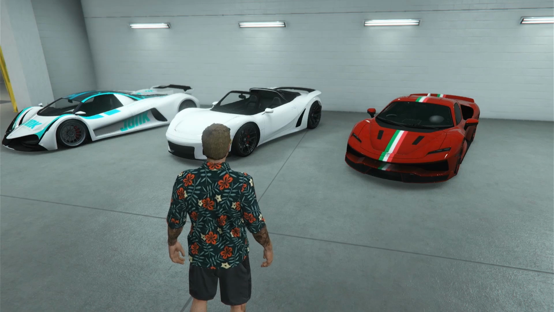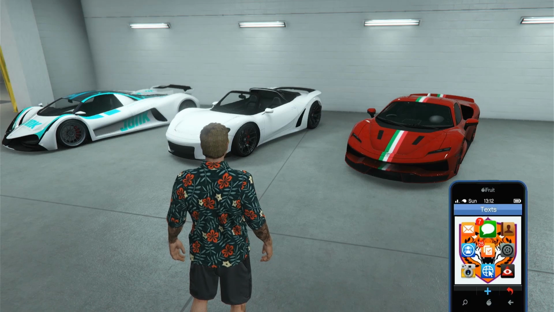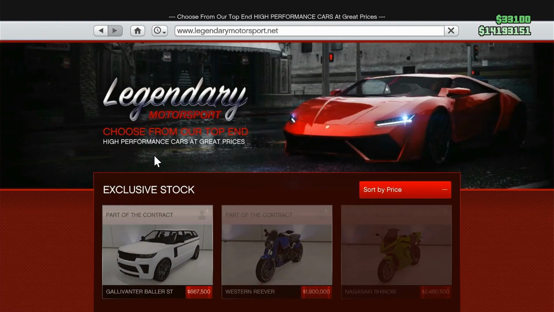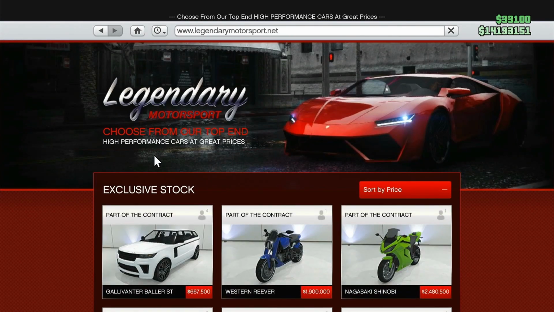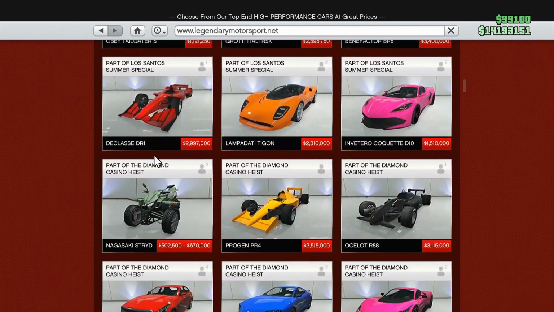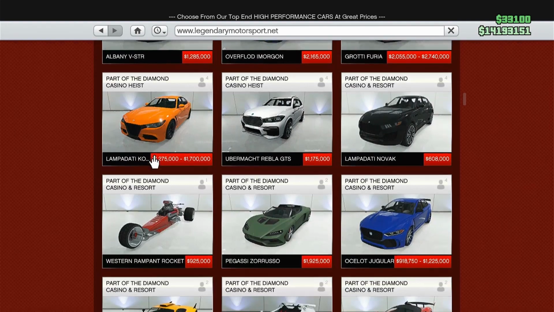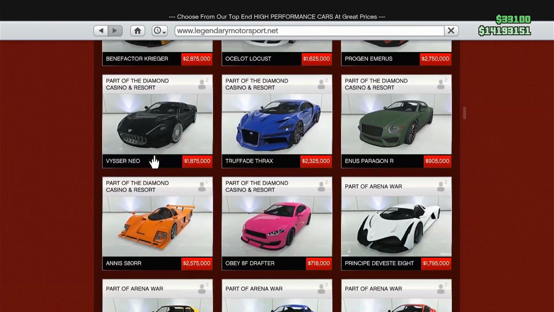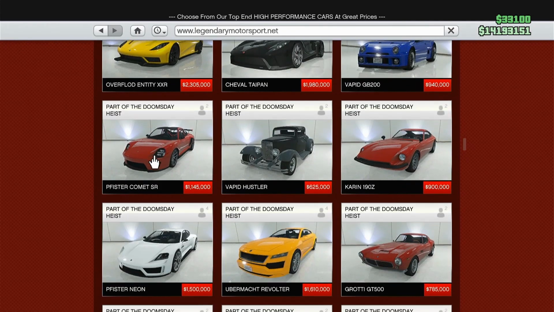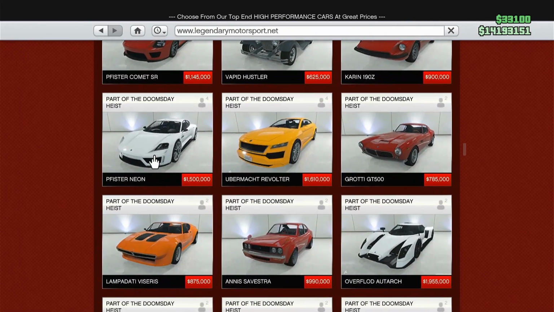Moving on to number 2. This might be the one I'm most excited about. Pull it on. Once again, Legendary Motorsports. And we are looking for this one that came out in the Doomsday Heist. I don't know how I haven't bought this one already. Diamond Casino. Alright, Doomsday Heist. And we are looking at...